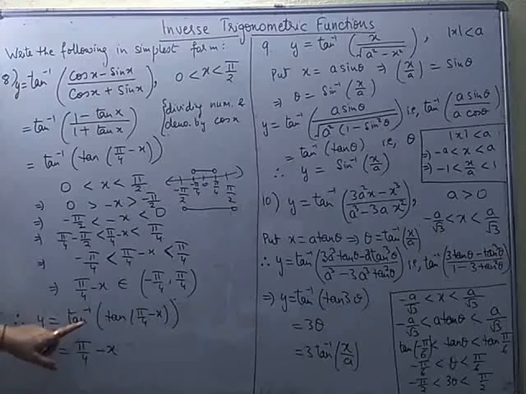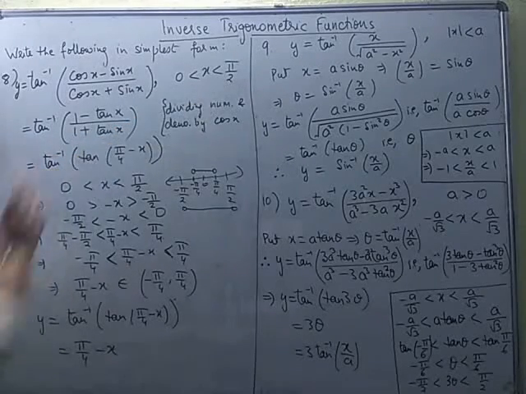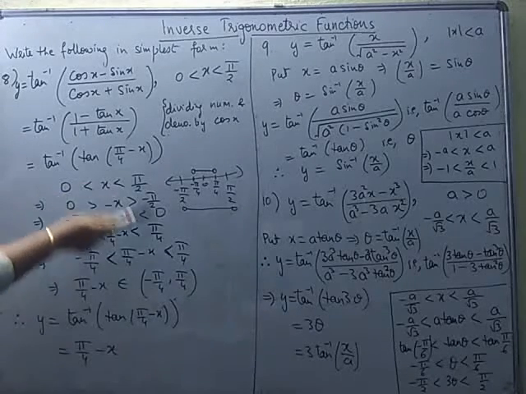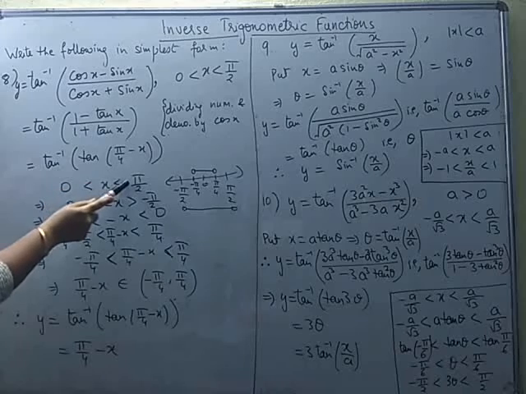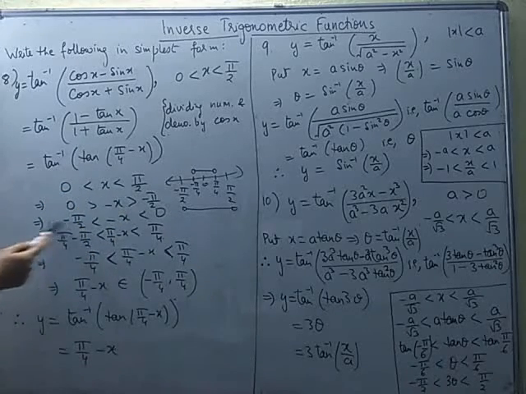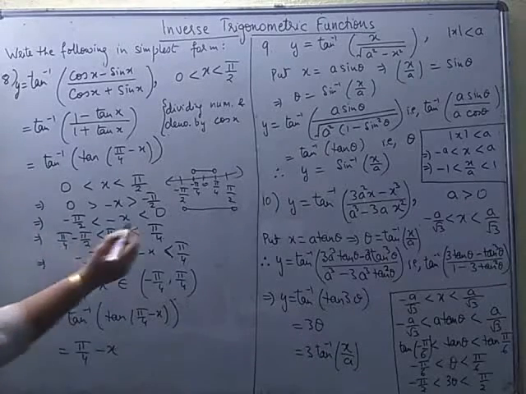So y is equal to tan inverse of tan (pi by 4 minus x), which can be written as pi by 4 minus x. If you see in the book, maybe there is a mistake or whatever. In the book, this is not pi by 2, this is pi. So just think, if we continue with pi, then this will remain pi, this will remain pi, rest all same. So only this thing we are changing. In place of pi by 2, taking pi, this becomes minus pi. On rearranging, we get minus pi here. Adding pi by 4 to each, you can see pi by 4